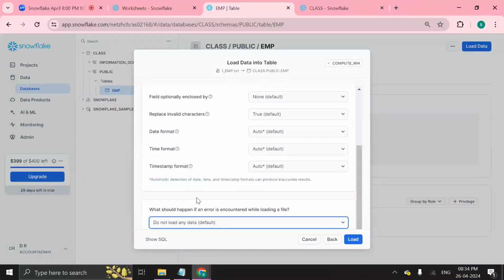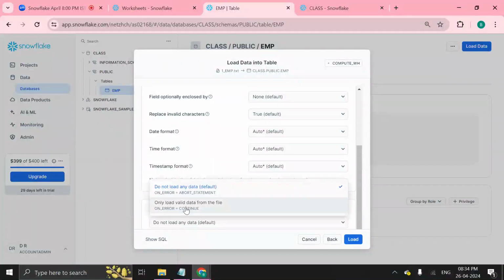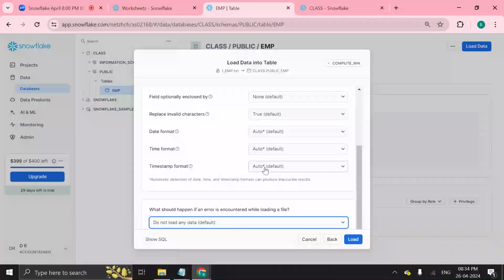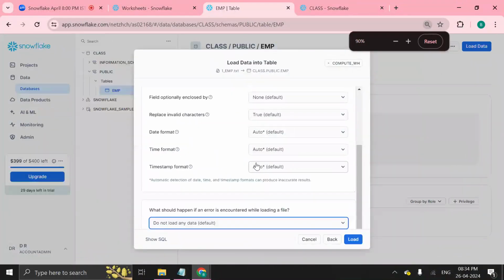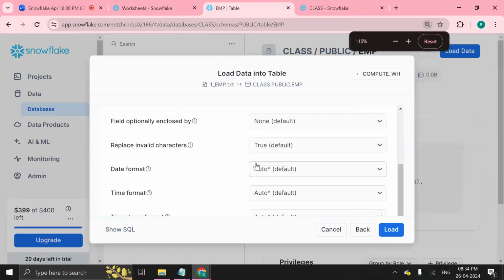That's it. And if you wanted to load valid rows and skip error records, then we can use the second option, only load valid data. Based on the selection we have done here,